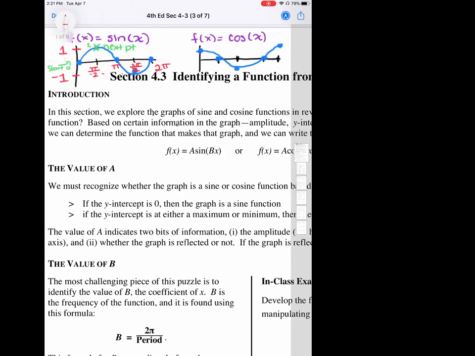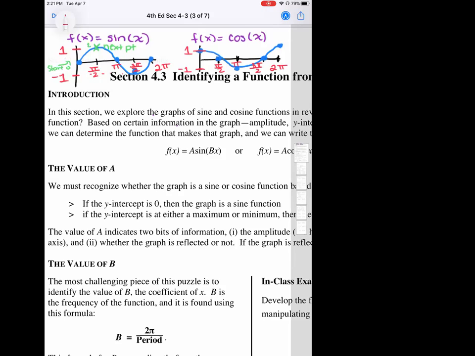One of them is we don't start at 0, we start above the highest point, which if it doesn't have any shifts should be 1. And the length of a period is 2 pi. So the middle point will be pi, half of that will be pi over 2, and that third one would be 3 pi over 2. And also that lowest most point